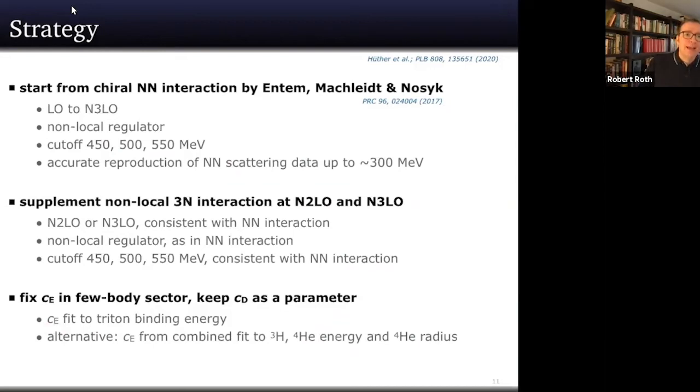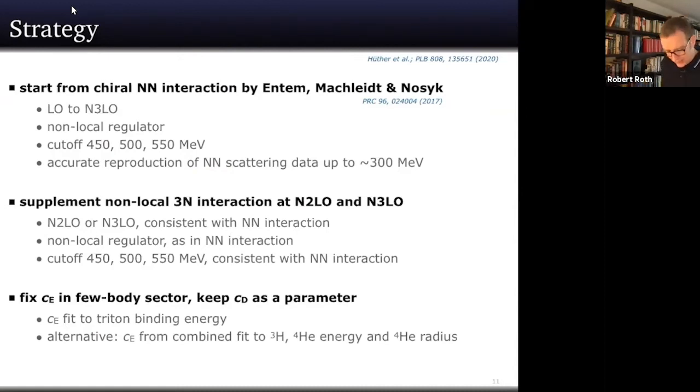There's a question: if NN already reproduces data, does adding 3N on top not degrade agreement? When it reproduces data, that means NN data, two-body data, all the information you have from the two-nucleon system. You cannot degrade that by adding a three-body force, because the three-body force doesn't act in a two-nucleon system. It's a different story if you just look at a calculation with a two-body force for a heavy nucleus and find that this is in good agreement. Then you might well ask this question. And actually, this is relevant because the two-body forces alone don't do such a bad job.